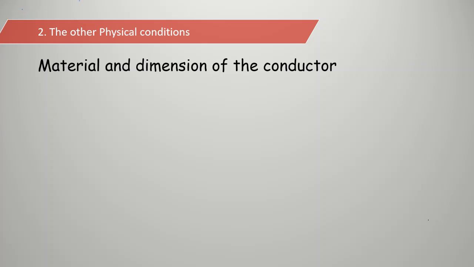Now, what are the other physical conditions that affect the resistance of a conductor? That is the material and dimensions of the conductor. We consider a conductor made up of the same material and uniform in density, so that will be considered the same, but the dimensions can be varied. As you can see in this yellow block,